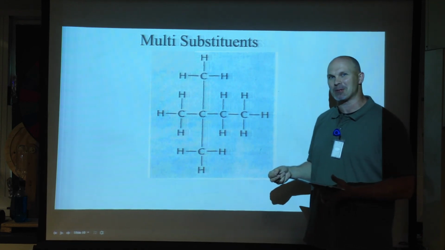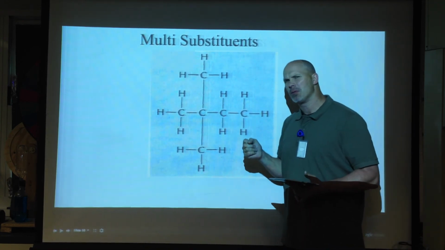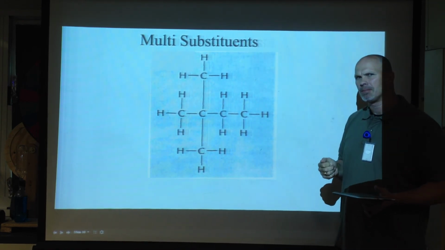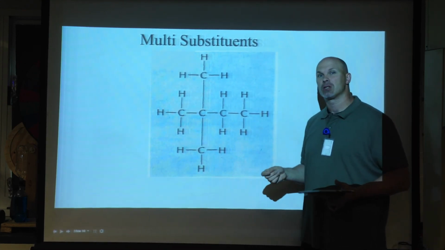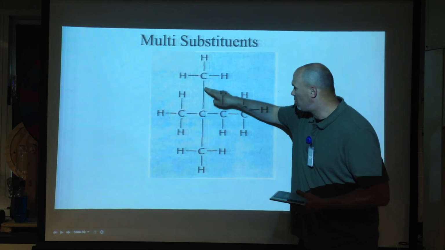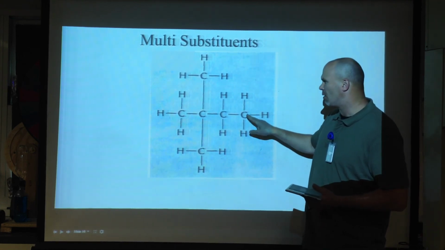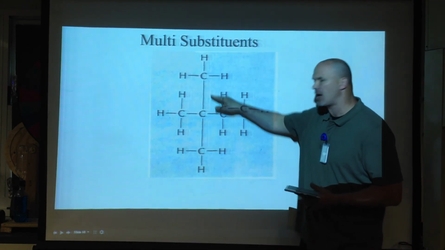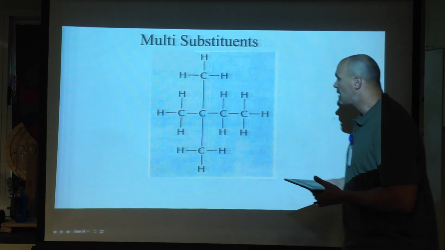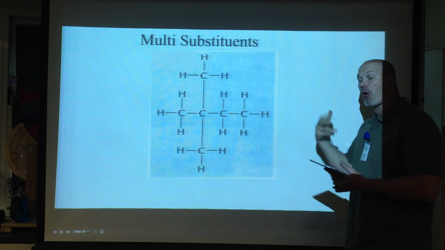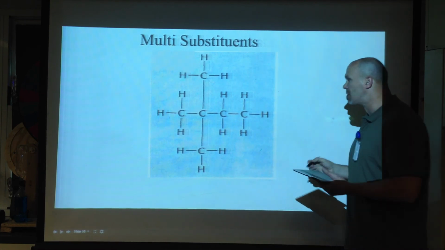But what's the numbers? 2 dimethylbutane? That's not enough. You got to give me a number for each attaching group. So we would say 2, 2. Now why not 3, 3? 1, 2, 3. Why not 3, 3 dimethyl? That's right. You have to put the numbers on the lowest numbers possible. Okay? It's part of the IUPAC naming system. So we would say 2, 2